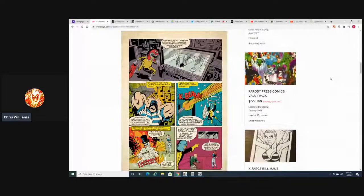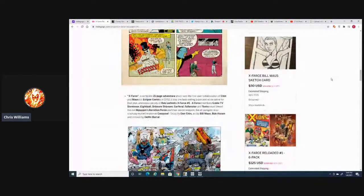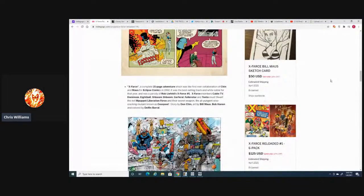The X-Farce, a complete 21-page adventure, which was the first clever collaboration of Chin for Eclipse Comics in 1992. It was the best-selling black and white satire for that year, and it was a parody of Rob Liefeld's X-Force 1. X-Farce members Cable TV, 8-Ball, Shaboom,